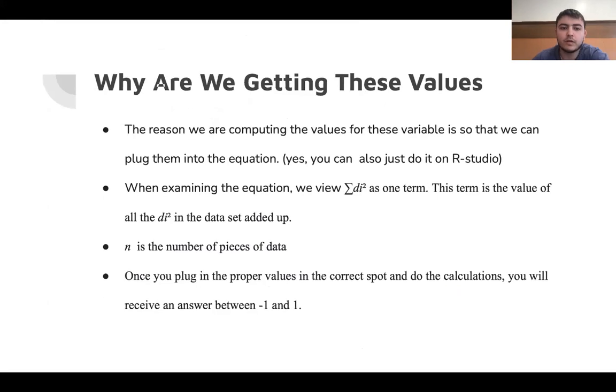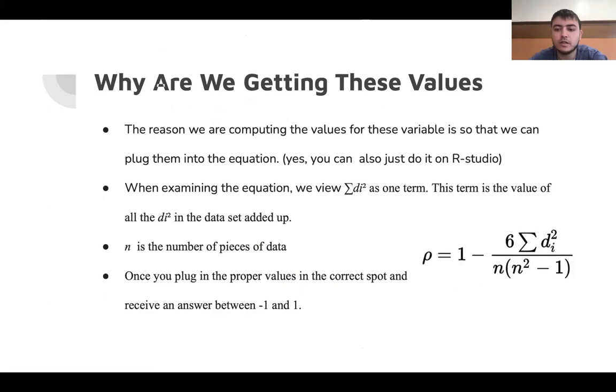We will be referring back to that picture shortly. So the reason we are computing these values is so that we can plug them into the equation. And I only recommend the equation if you have a short data set, because if you have like 500 different things in there, it's going to be too much work to go and count them and rank them yourself and everything like that. So this is our equation here, where the P just pretty much represents the Spearman's correlation